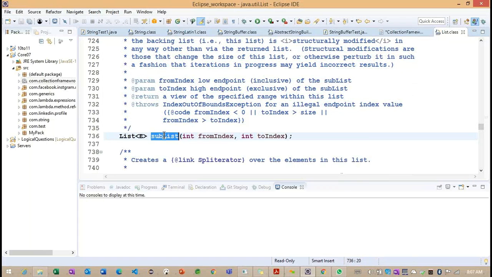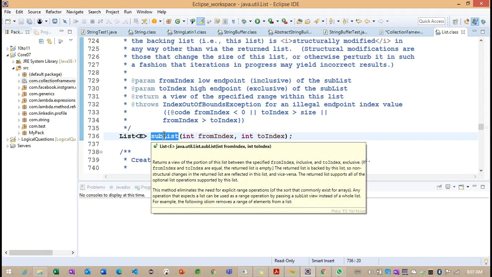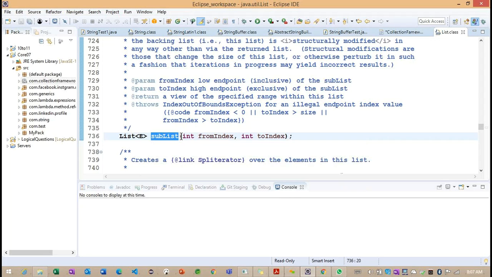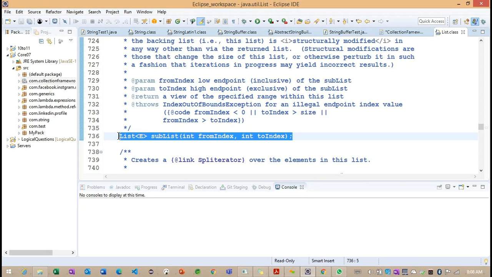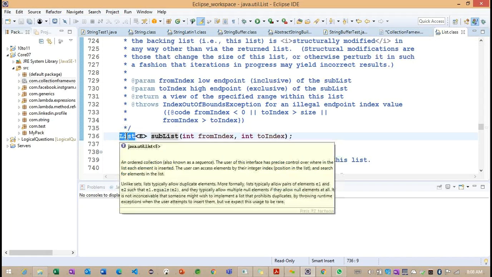Now subList. If we recall our String concept, the substring method, based on the from index and to index, copies the characters between them into another string. In the same way, subList, based on the from index and to index, will create one more collection object and return the List type.